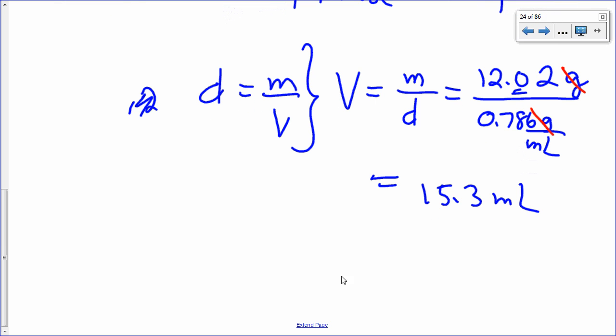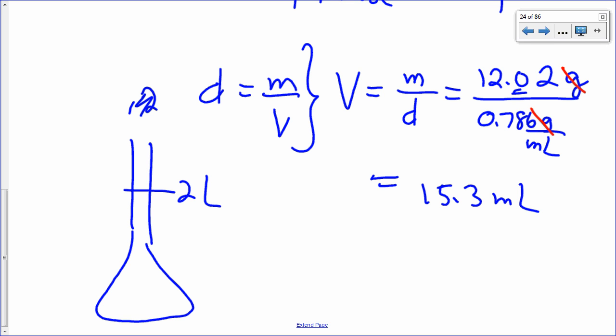So what I'll need to do is I find a volumetric flask. I find a container that can hold 2 liters. So that's a 2-liter mark right there. I am first going to dispense 15.3 mils of